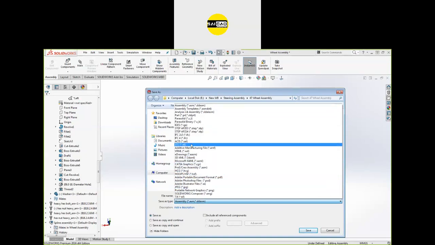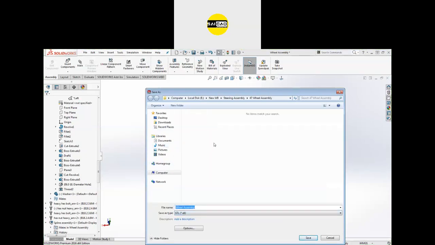Or whichever format your 3D printer needs, you have to save it according to that. So the program will not be saved from here. Here you can just save it for the software where you will create the program.